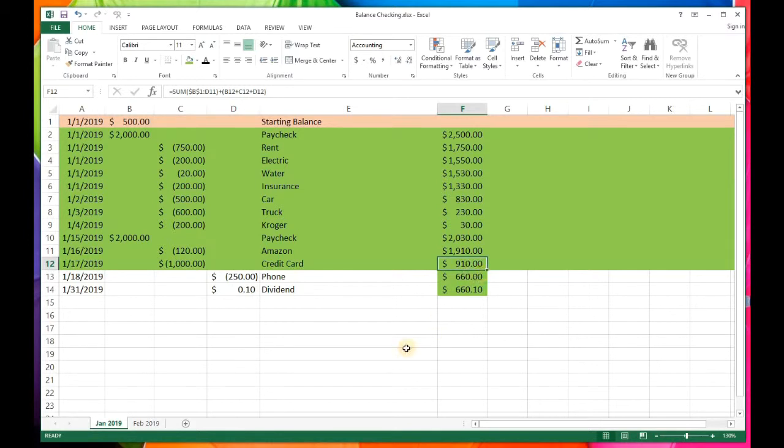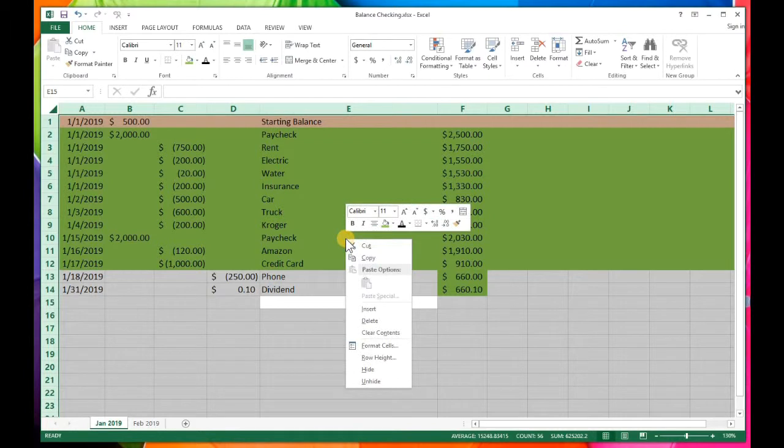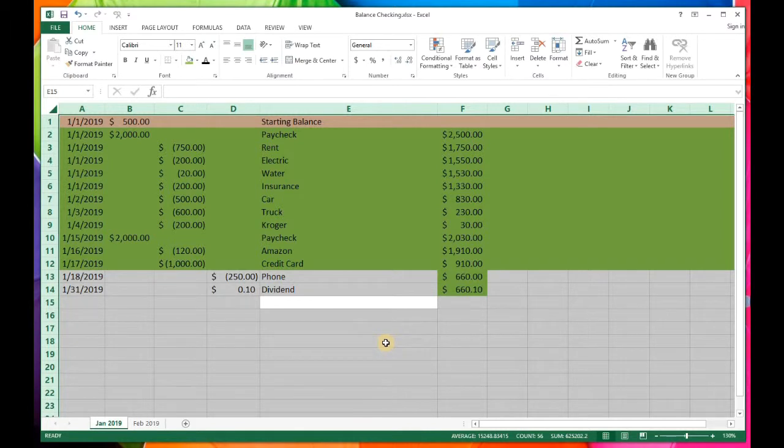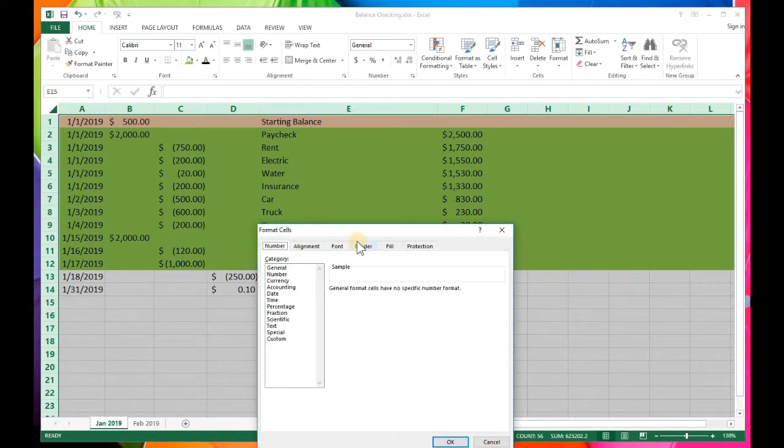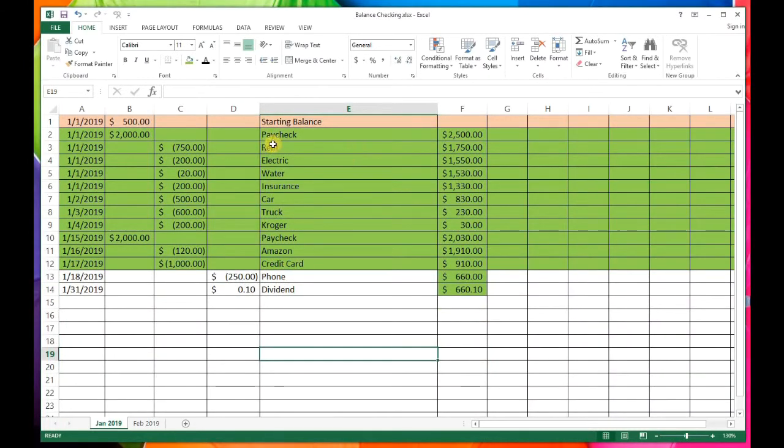Now, one of the things I'll show you how to do real quick is, I hate not having lines because it's hard to follow these, especially if you've got a lot of entries. So I press Control A, and then Control A again to select everything in the sheet, then right click and go to Format Cells. When that comes up, click on the Border tab, hit Outline and Inside, and click OK. And now my lines are easier for me to follow across and tell what's what. All right, so